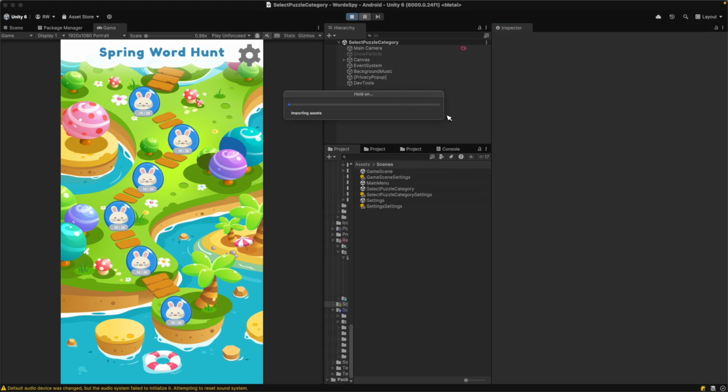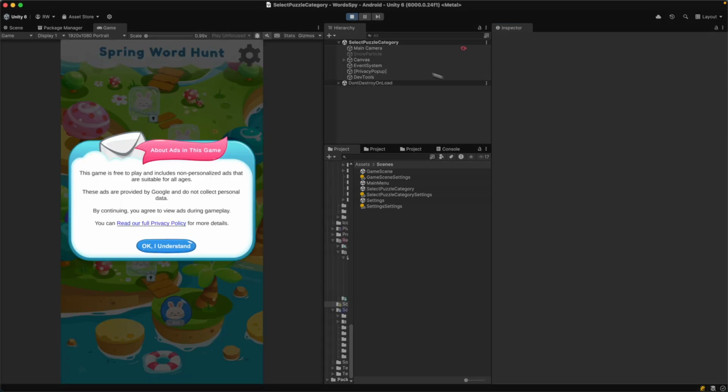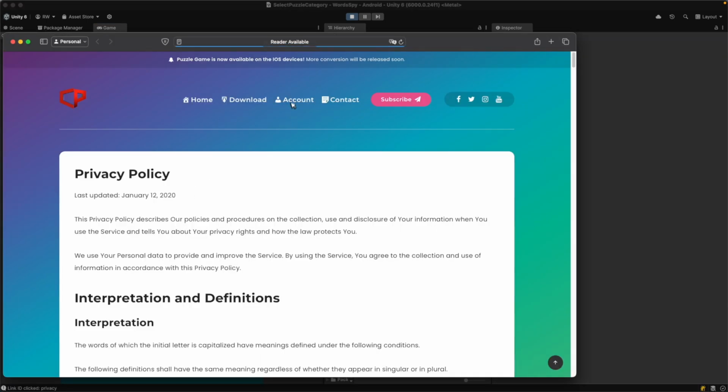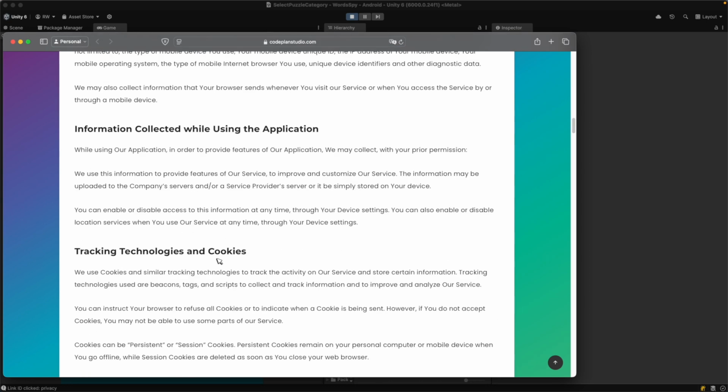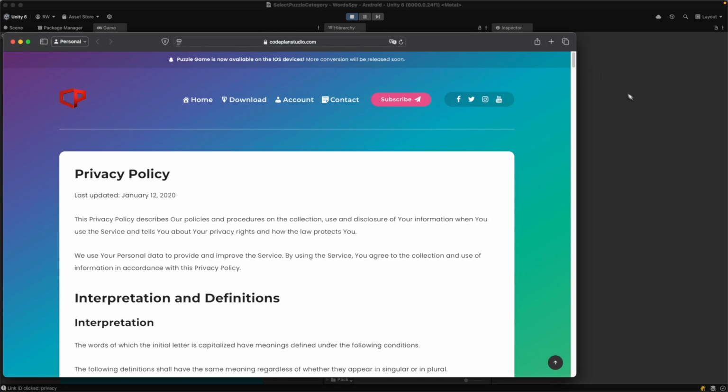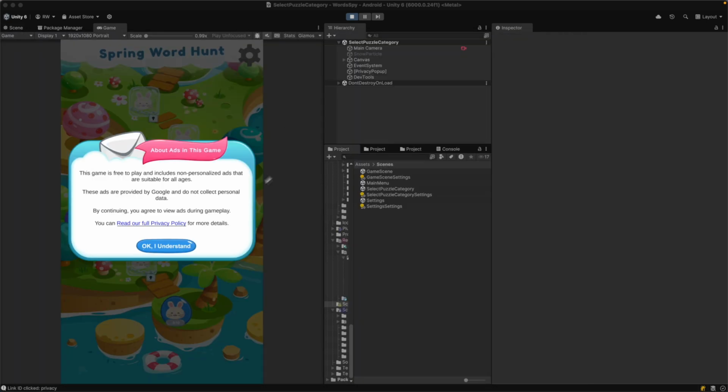When I press play, I have my information about the personalized ad, and as you can see, I have the link to my privacy policy. When I click on it, I'll be directed to my website where I have the full policy. So let me show you how you can add the link yourself to your policy or whatever else you need it for. So when I stop the game,